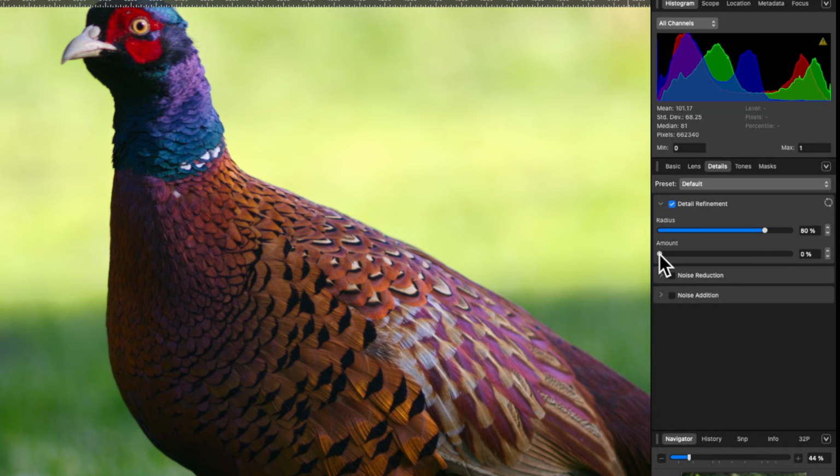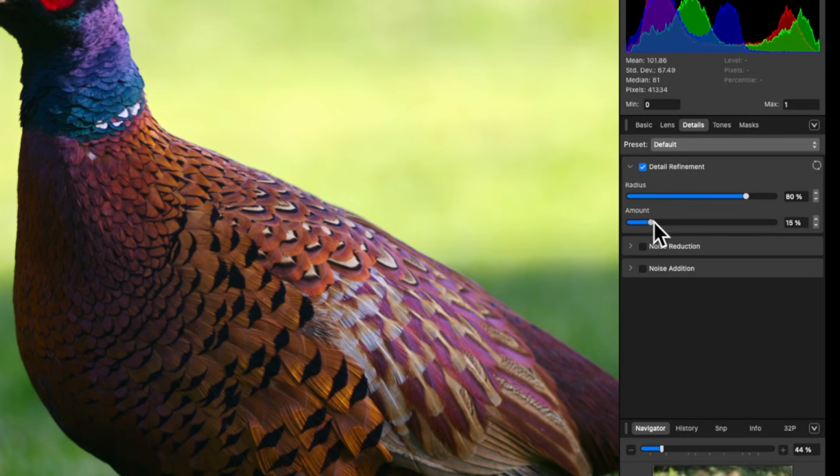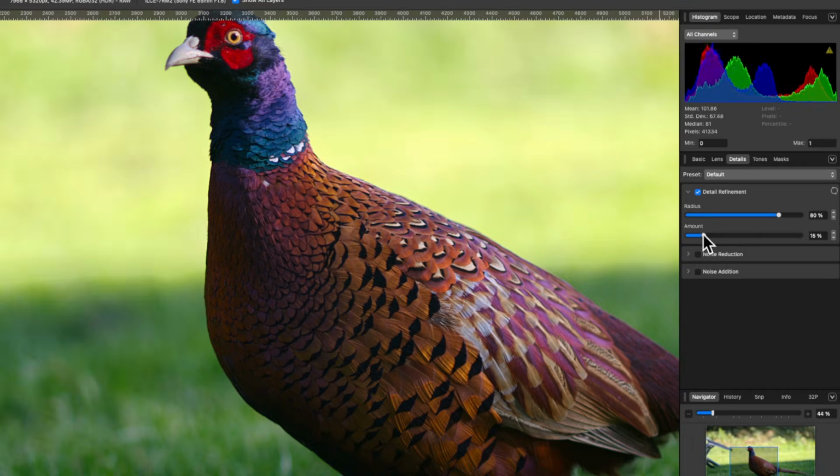And this is the one that will control how much contrast is added. So watch now, it looks a little bit blurry. I'll click and drag it up and we can see these details start to be revealed. I'll just drag it all the way up. You see it looks pretty sharp now, maybe a bit too much. So I'll just drag it down ever so slightly and I'll leave it around here. That looks a lot better.